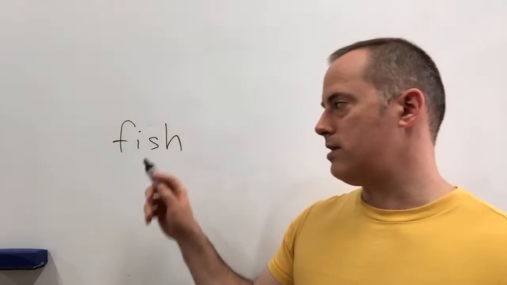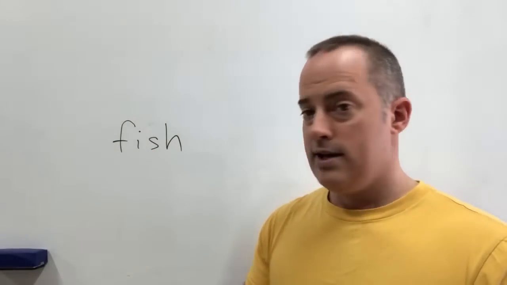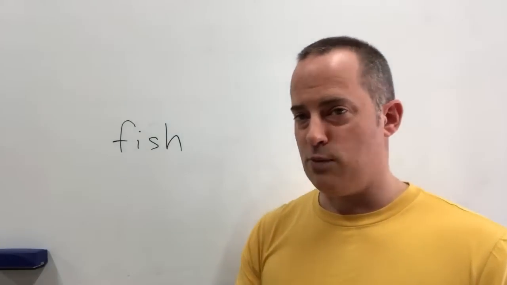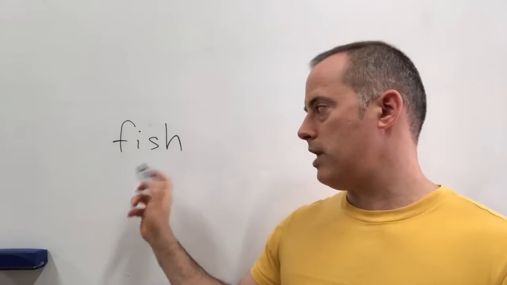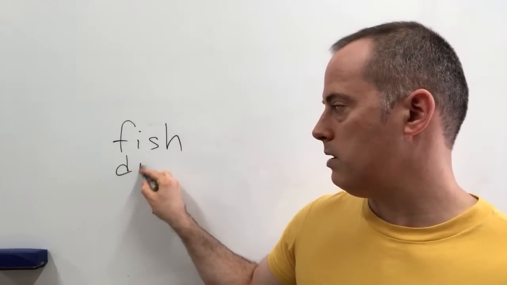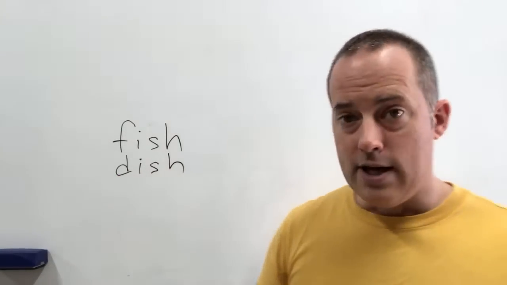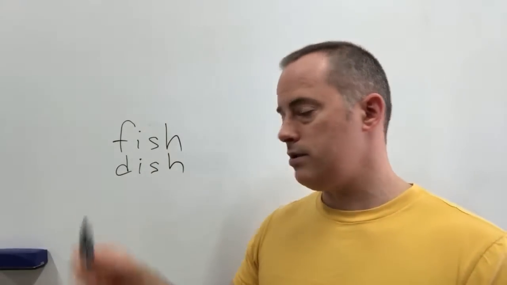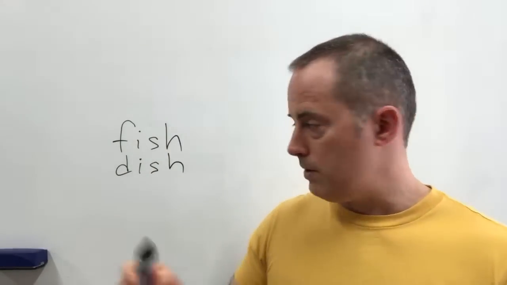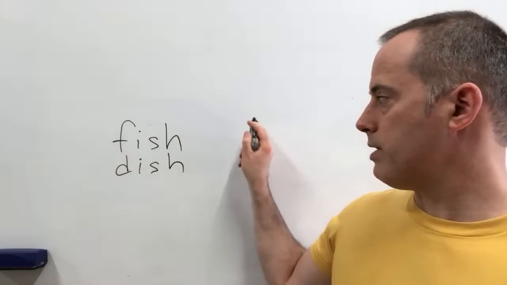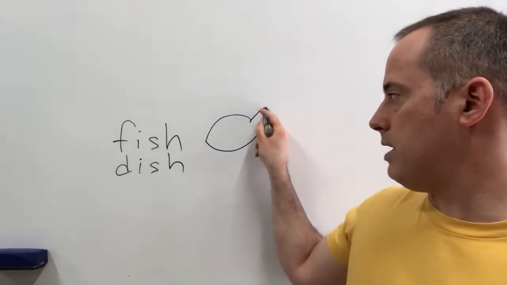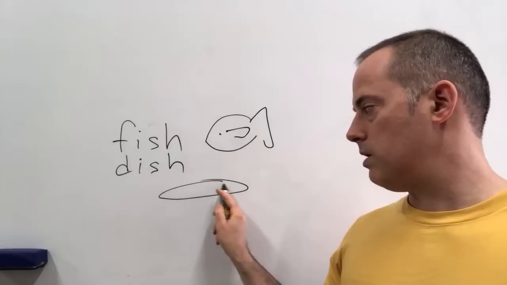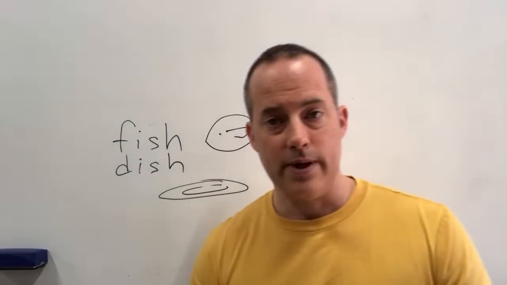So if we look at this, we can probably change this in a few different ways. I'm going to make sure everybody understands what I'm talking about here. So we just change one letter, like let's say we change dish over here. So we've got fish and this changes to dish. So very simple. When children are learning this, they would probably see a little image of a fish, and then they might see the image of a dish like that.